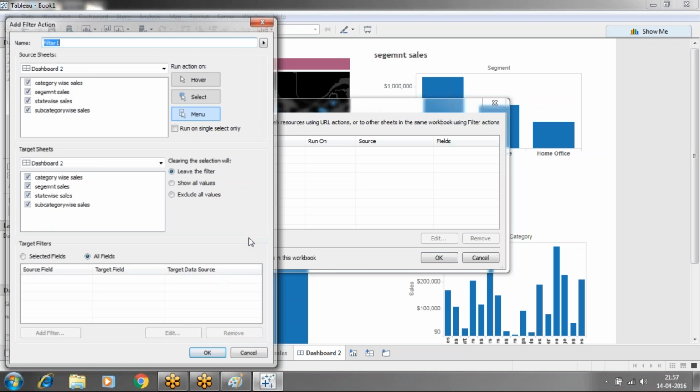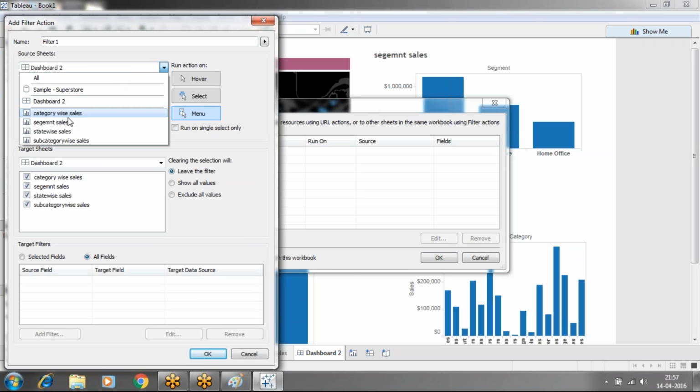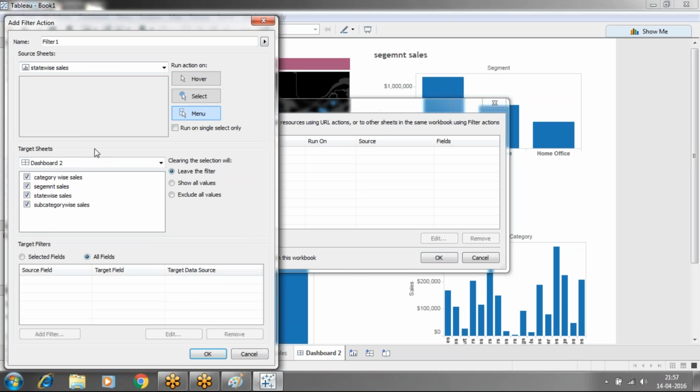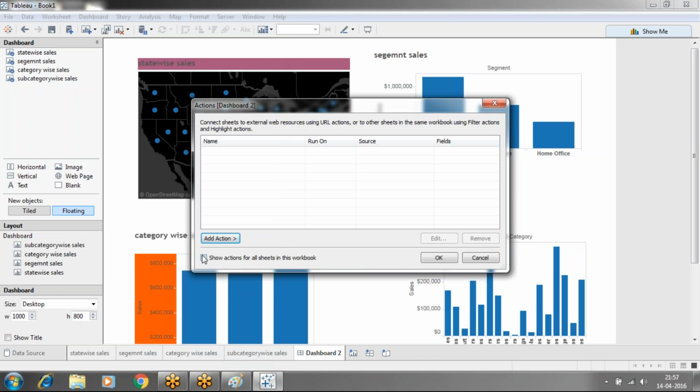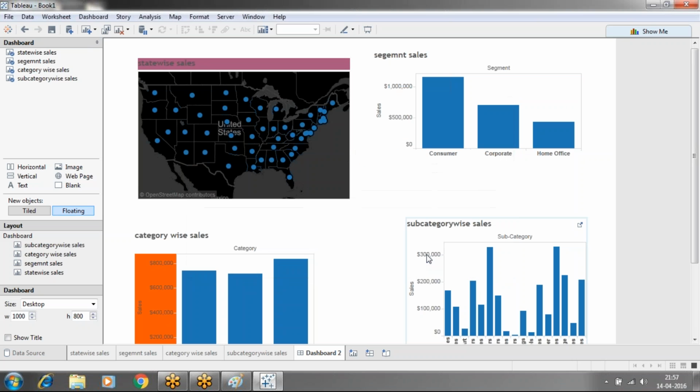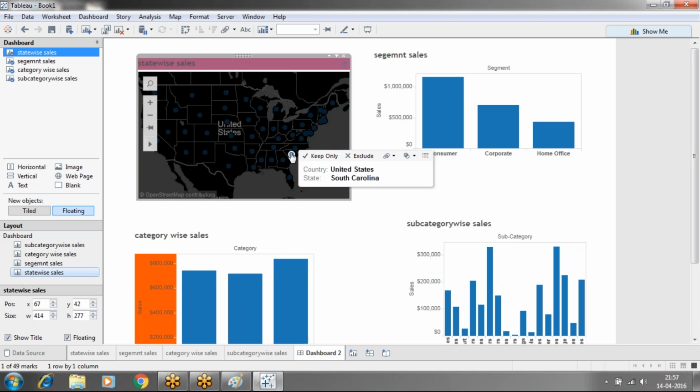Add action, filter action. I'm going to select in dashboard 2, so it should be state wise sales. In dashboard 2 only, I'm going to eliminate state. I'm going to take all these things by the help of select. I'm going to use run on single select only. I'm going to give an action name, dashboard 1 name, then OK, then show actions for all sheets here, then name, OK. Then here if I'm going to click on this sheet,